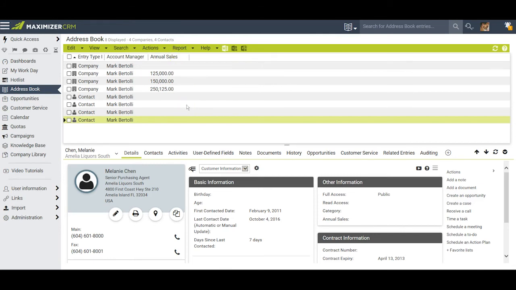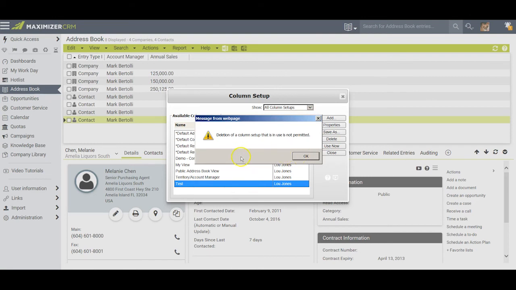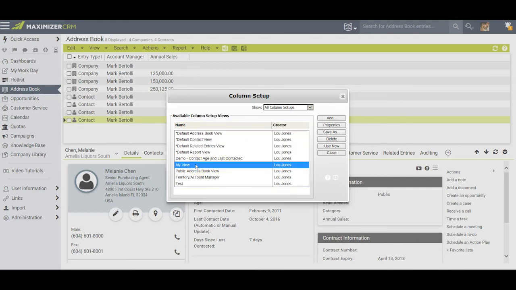and I'm away to the races. Now, at some point in time, I may decide that I do not need this column setup at all. So I can come up here to View, Column Setup, identify the one I don't need, and press Delete. But Maximizer advises me I cannot delete a column setup that is currently being used. So I click OK, I pick another column setup,